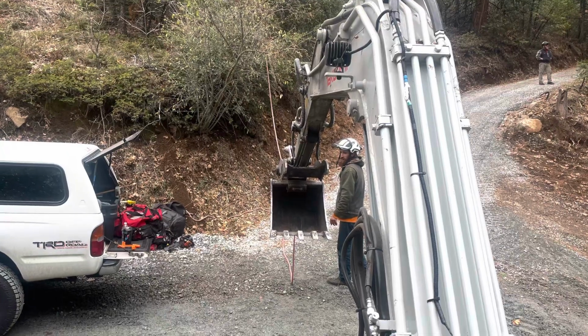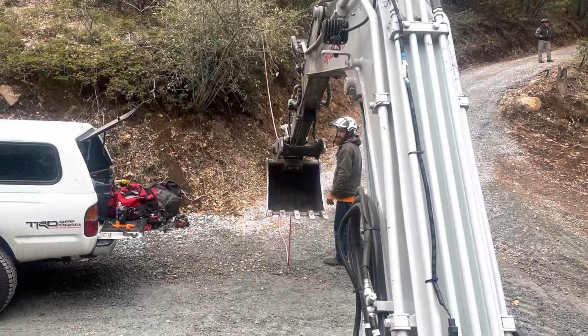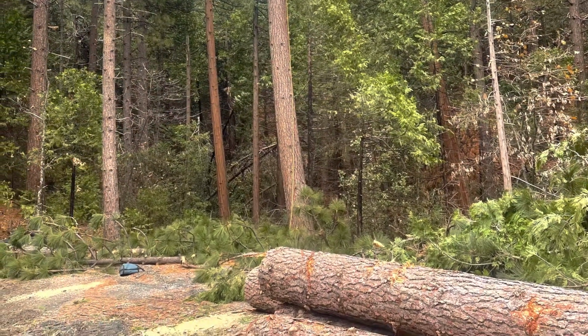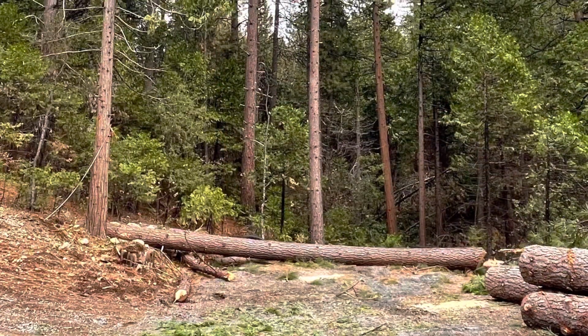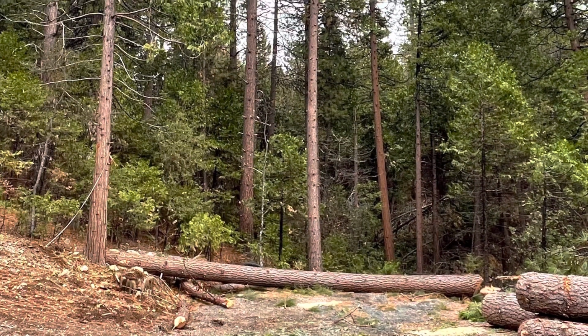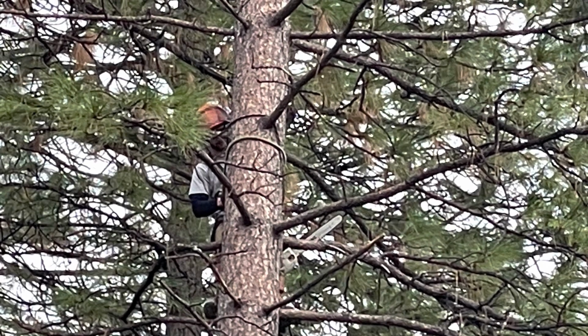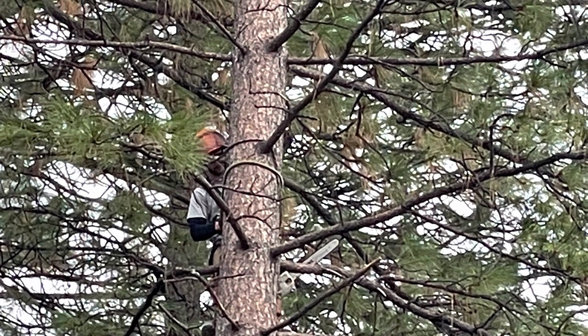So here was the redirect setup on the second tree, not the last tree. Nice stretch of the mains, but since it was big, we had the excavator hooked up on that guy too. And that went well, and now here is the actual third tree at the bottom start, and we have Bets